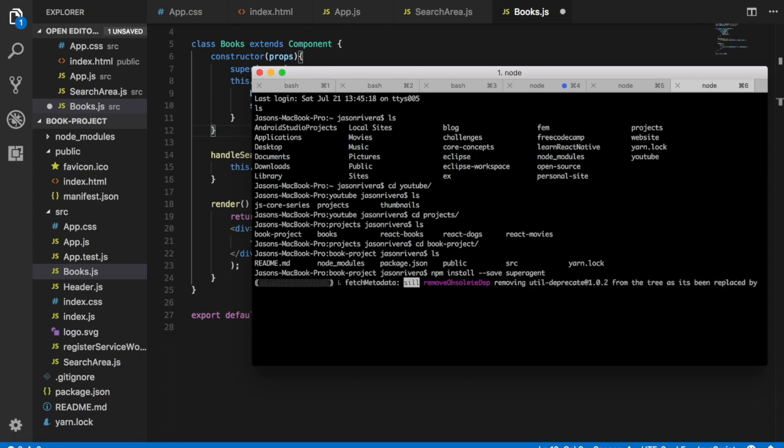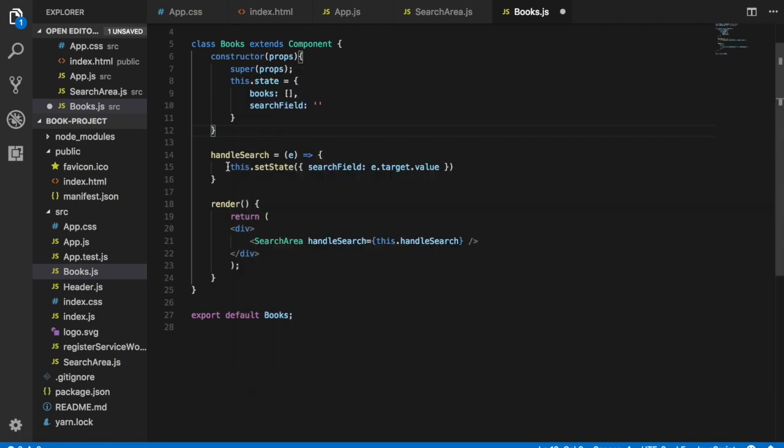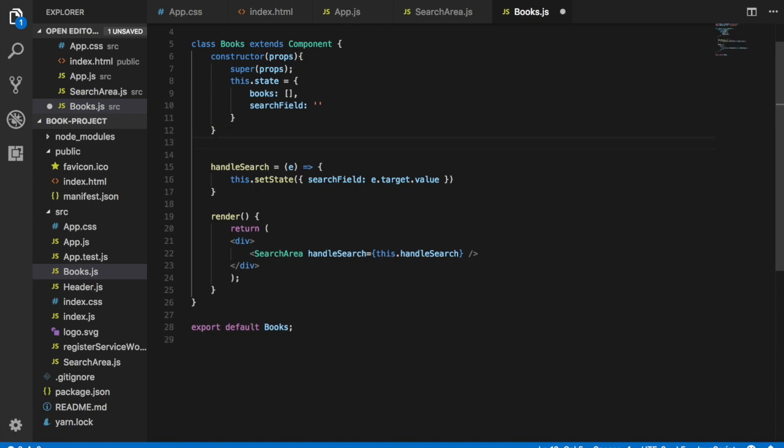We can also use the fetch request API, I believe it's what it's called. It's already built into the browser. But I'm going to use SuperAgent because I really like how easy it is to make requests, and it's really simple. So we'll go ahead and use that for now. So we'll just wait for this to import. It's taking a little bit. Alright, so while that's importing, in the meantime,